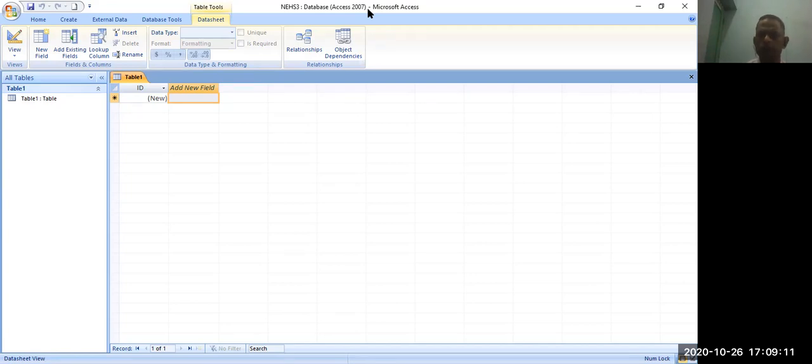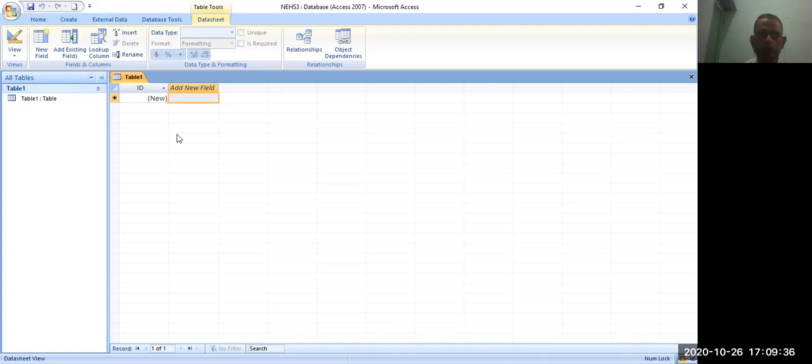You can use 2010 or whatever version. All of you are familiar with the title and the quick access toolbar. And now I'm going to create tables.